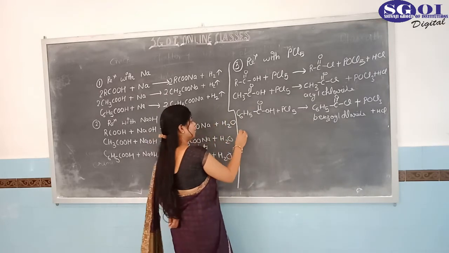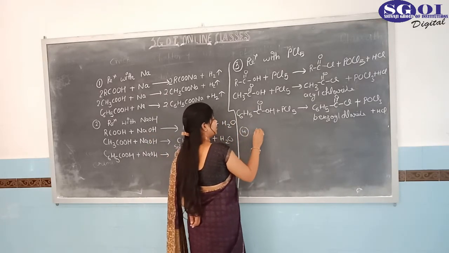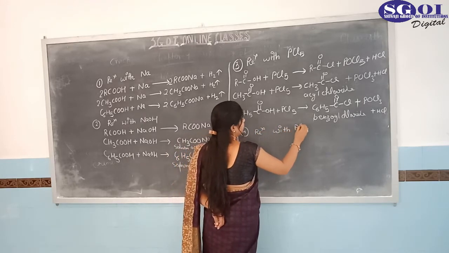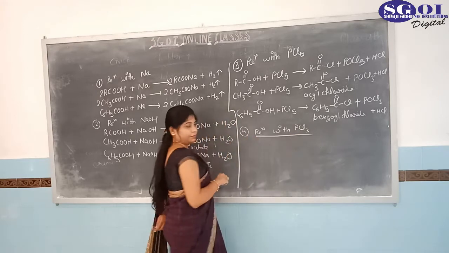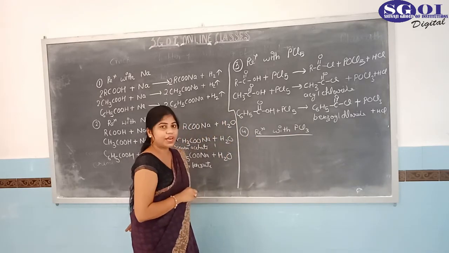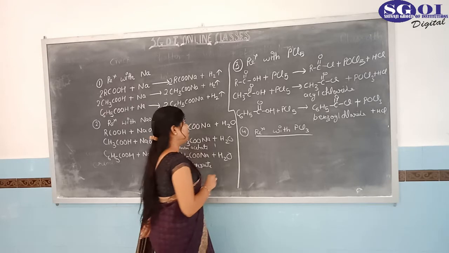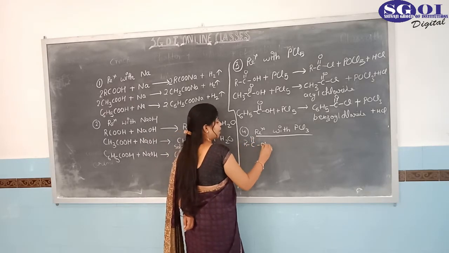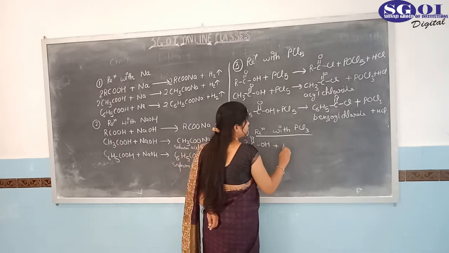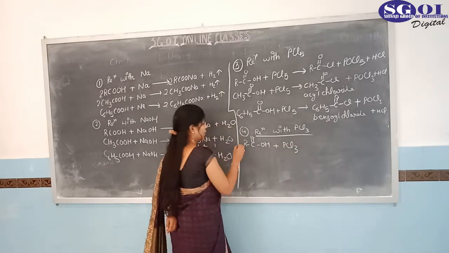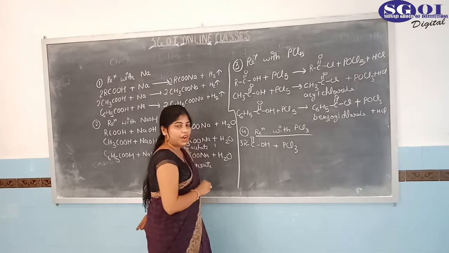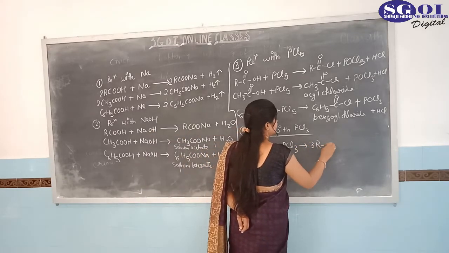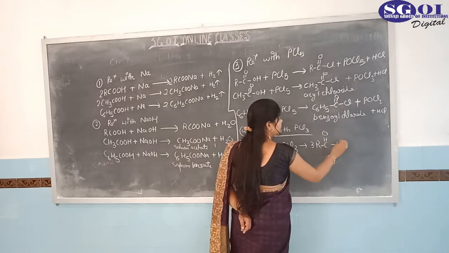Now move to number 4 reaction. Reaction with PCl3. It is the same reaction; here also you will obtain acid chloride. For example, RCOOH, that is carboxylic acid, reacts with PCl3. So here you take 3 molecules of RCOOH, then it gives 3 molecules of RCOCl, that is acid chloride,